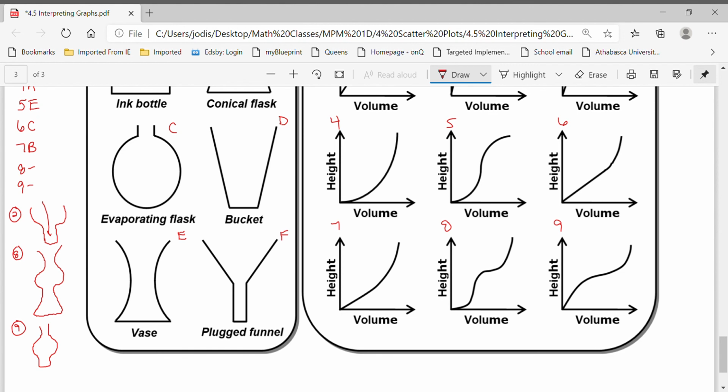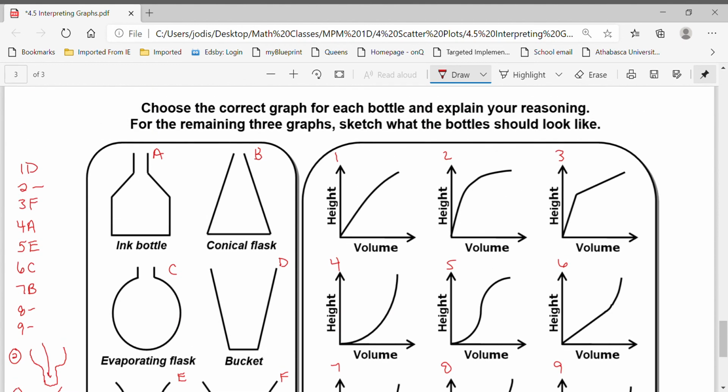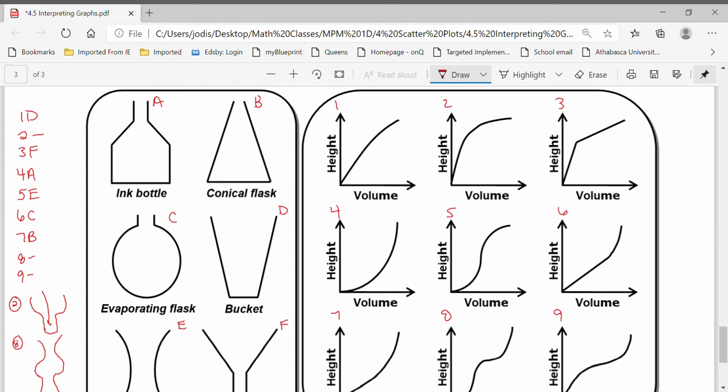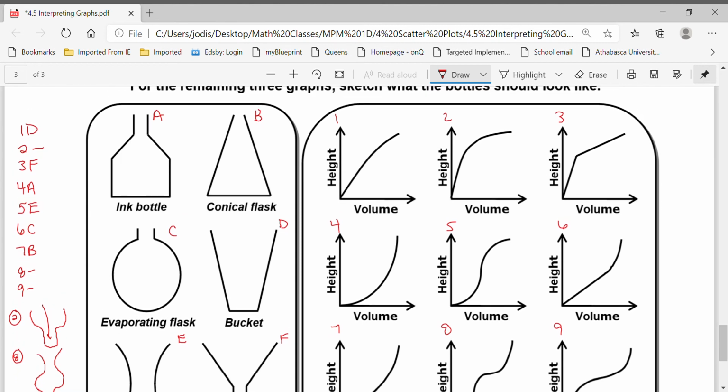Okay, so you can kind of take a look at all the rest of them if you want to on the actual filled in lesson and decide why they match up, but I'm not going to spend all of your time doing that. Okay, so make sure that you try out your homework questions and check them. That's the end of